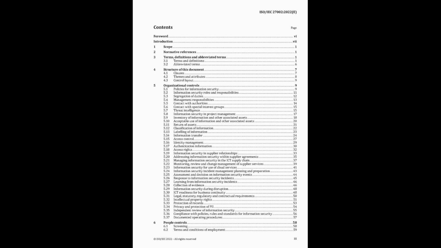5.2 gets specific about addressing information security within supplier agreements, putting it in writing. So establishing and agreeing on the relevant security requirements with each supplier based on the relationship. Yes, the documented agreement is key for clarity on obligations. Purpose is maintaining that agreed security level. What kinds of things should be in the agreement?